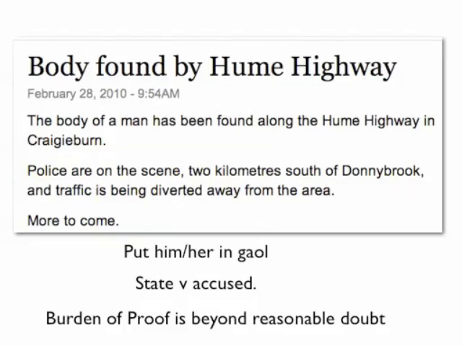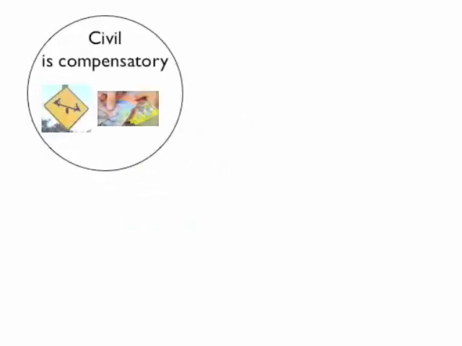Here's an example. It might be something like a murder. On the other hand, civil law is compensatory. And what that means is that when a person gets injured or whatever, the only thing that civil law can do is to hand out money. There's only a couple of things it can do, actually. It can hand money out, or it can make injunctions, which are equitable, and we'll talk about equity later. Or it can get orders of specific performance, or it can bar people from going near other people. There's a few things it can do, but 99% of the time it's just handing money out